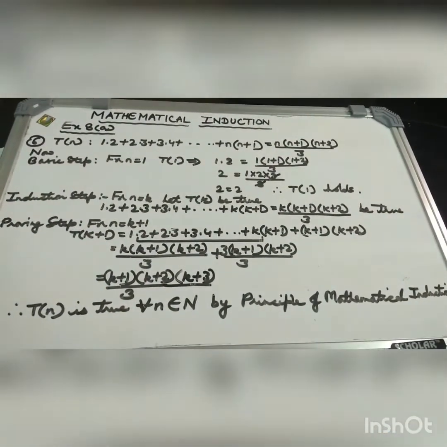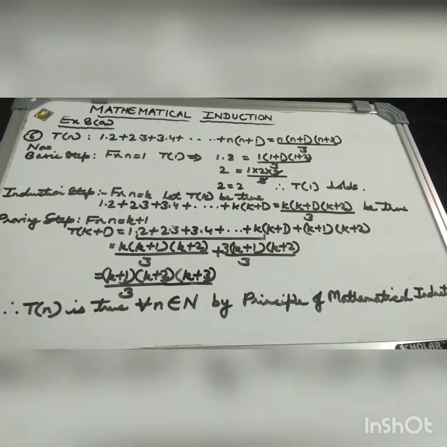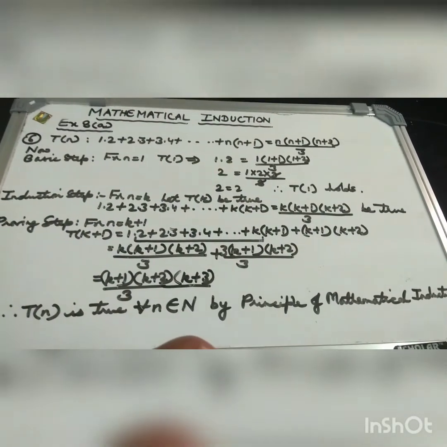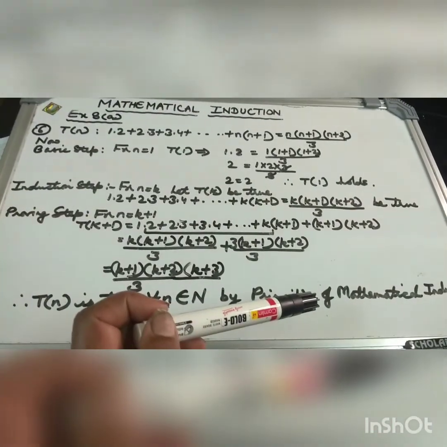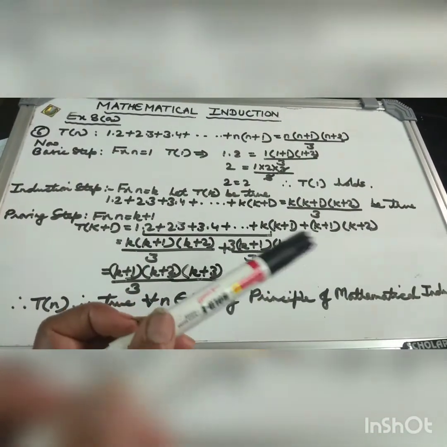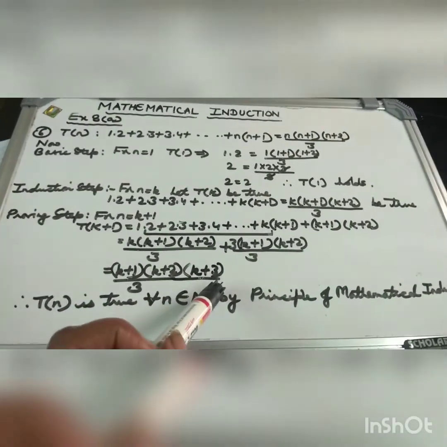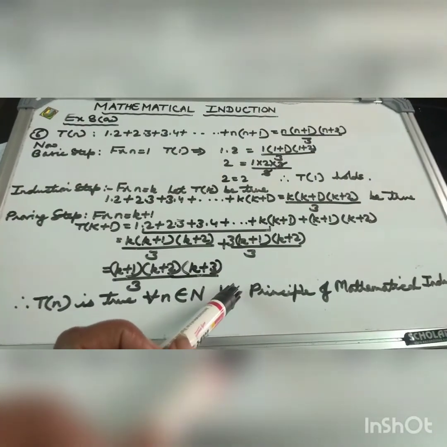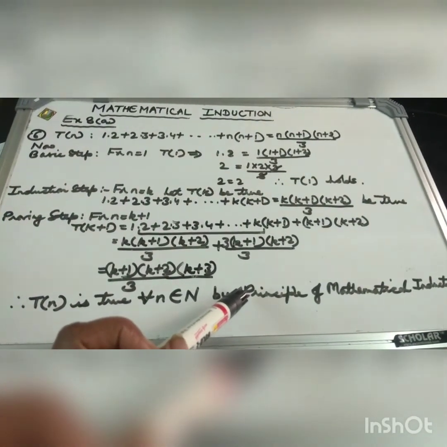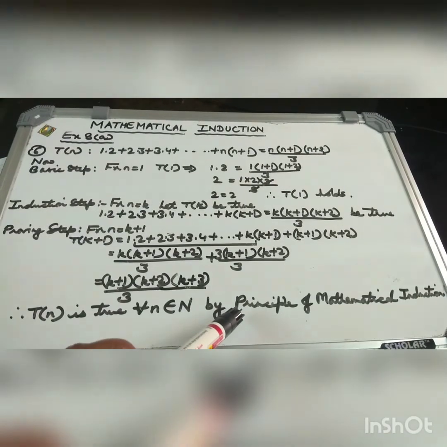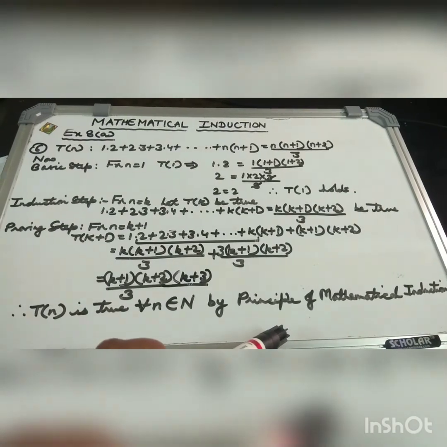Children, please note all the steps. Try to understand what we are doing, how we are doing. Now, look, try to make maximum use of these presentations. You can rewind them again and again. You can listen to them again and again so that you understand every step. And if any step is not clear, you may ask in the interactive session. I am there to explain. I hope everything is clear to you. So, this is all for this question.